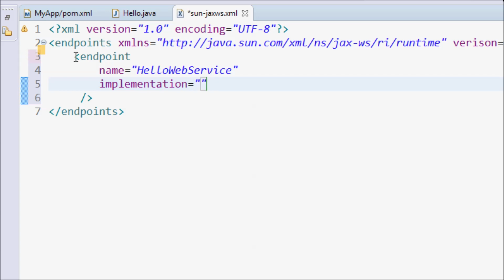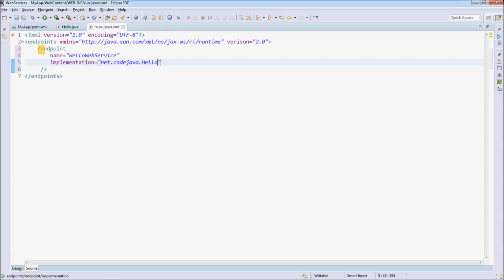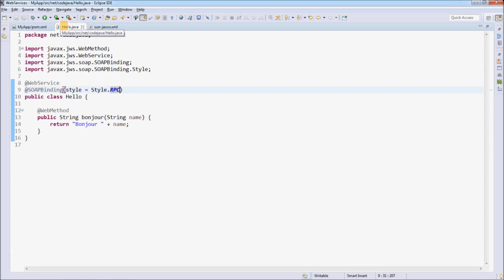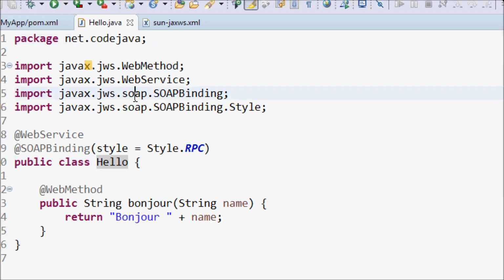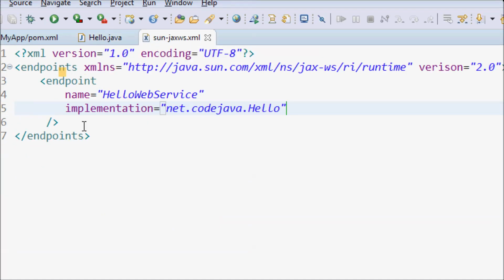Implementation equals net.codejava.Hello. You see, our web service class is Hello, under the package net.codejava. So we need to specify the implementation as the package name and then the class name. So it is net.codejava.Hello,